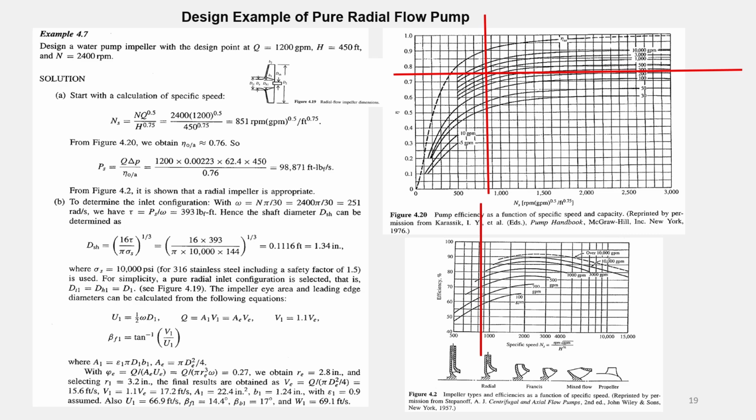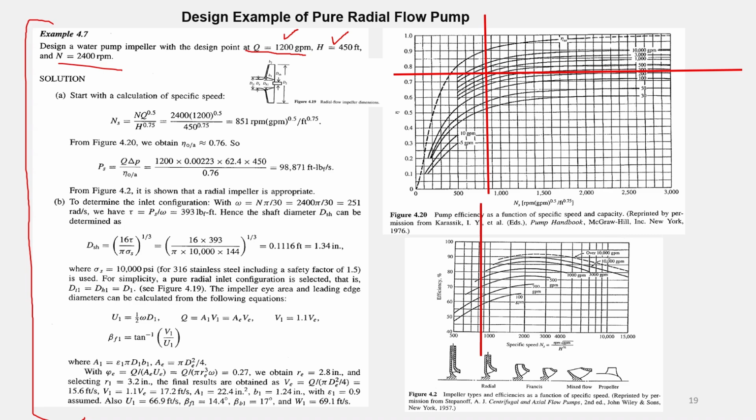Let's please take a real world example here to walk you through what I have explained theoretically. So the problem asks you here to design a water pump impeller and it gave you the design flow rate of 1200 gallon per minute, and it gives you the head as 450 feet, as well as rotating speed. So basically you get this information from the customer, and based on this information you proceed